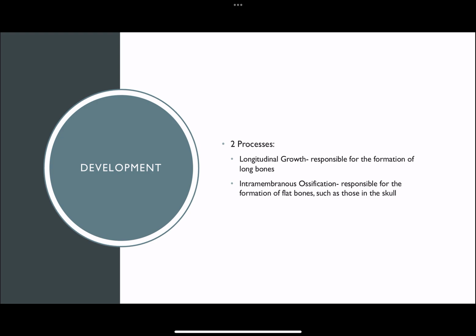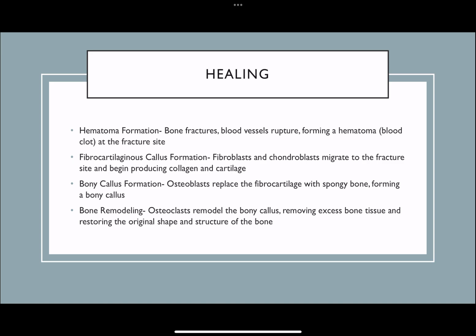Intramembranous ossification is responsible for the formation of flat bones, such as those in the skull. This is where osteoblasts differentiate directly from the mesenchymal cells, which are the embryonic connective tissue, and begin secreting bone matrix at ossification centers. This is where the bone matrix calcifies and the osteoblasts become trapped within the matrix, transforming into osteocytes. Now we're going to be talking about the second process that bone growth supports, which is healing, and